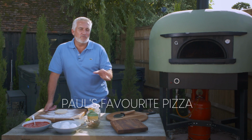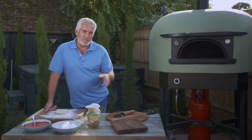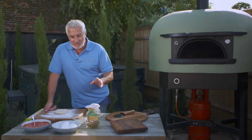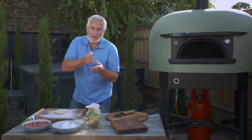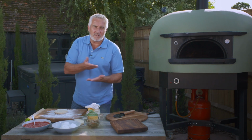Today I'm going to show you how to make one of my most famous, beautiful pizzas, Prosciutto Fungi, which is basically mushroom and ham, prosciutto and mushroom. Now I'm using chestnut mushrooms, which I've cooked off in a little bit of butter, and I'm using beautiful Marzano tomatoes. If you can get hold of them, you can get the big tins you can buy online, just blitz the whole thing together and it ends up as a beautiful base or beautiful passata for the top of the